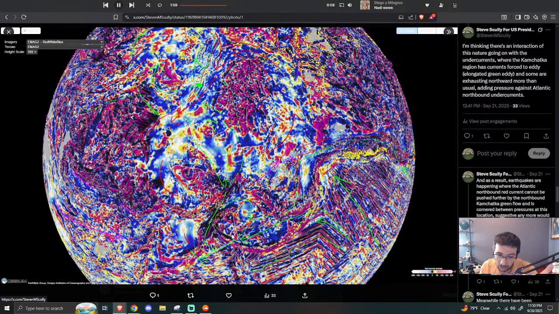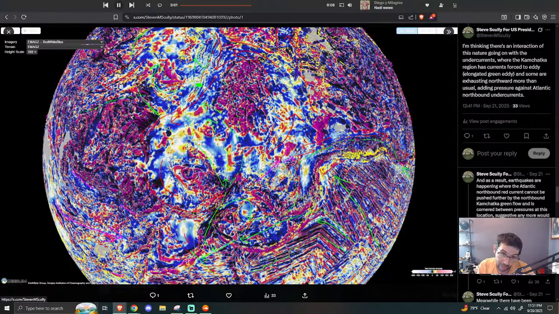And then here's my thoughts on how Gackle Ridge is interacting. Here's where the Gackle Ridge earthquakes were, which is noticeably at this margin. And then following generally from Kamchatka, where these earthquakes are, up through this path. Instead of looping around earlier, or going out this way and into this region and possibly down into North America, there's a margin here that it can follow, where it goes more along this margin, and generally just straight that way, where then there's northward flows along the Atlantic, along the western margin of the mid-ocean ridge, that are interacting with this pressure and just getting pushed further and further towards the